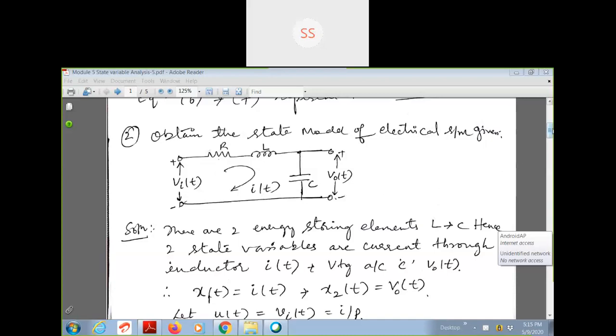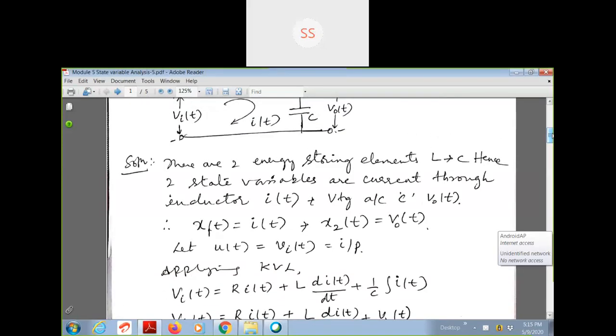Now in the previous example, there was a mechanical system, and we had written the equations of the mechanical system after identifying the state variables, and from that we were able to get the state model. Similarly here also, in the given electrical system, first we have to choose the two state variables. Here the inductor current i of t and the voltage across the capacitor C, that is vo of t, are taken as two state variables. Therefore x1 of t equal to i of t is the first state variable, and x2 of t equal to vo of t is the second state variable,